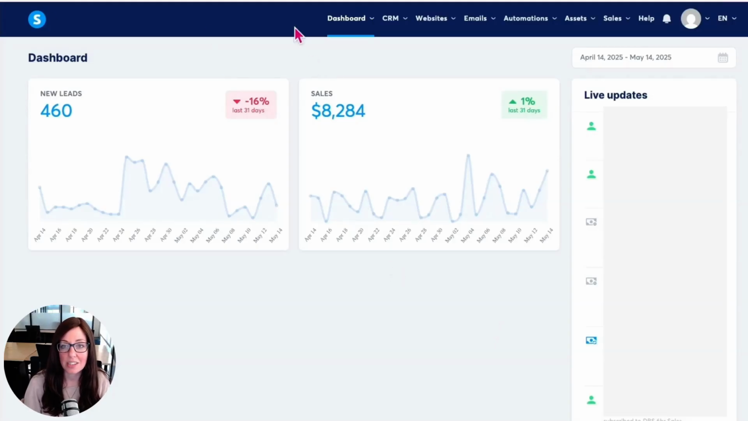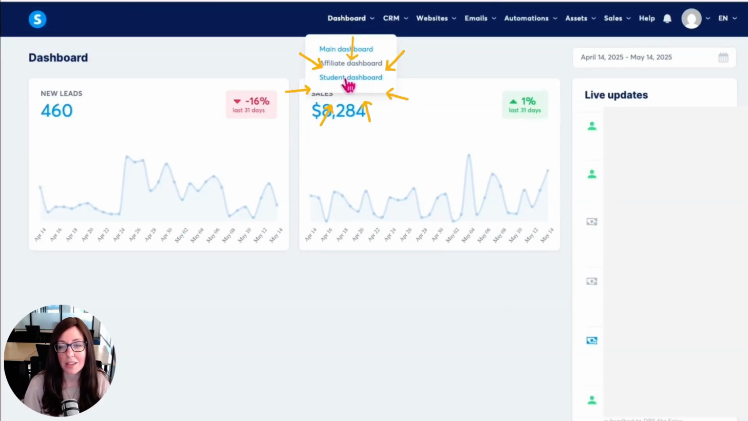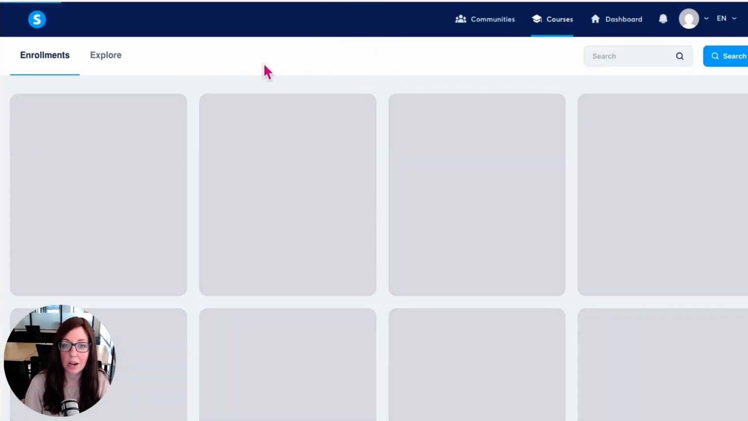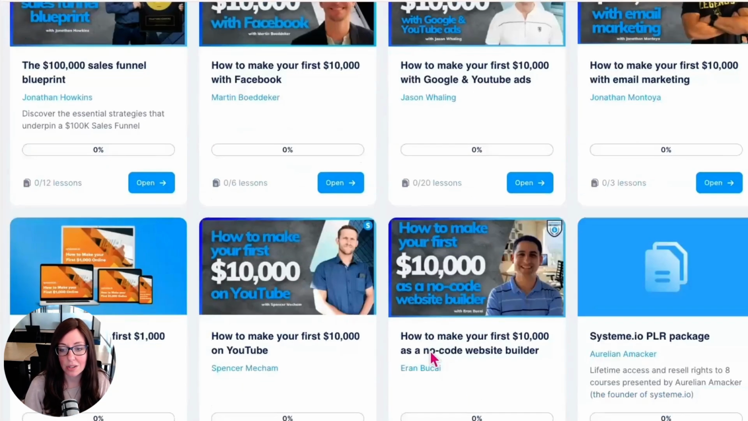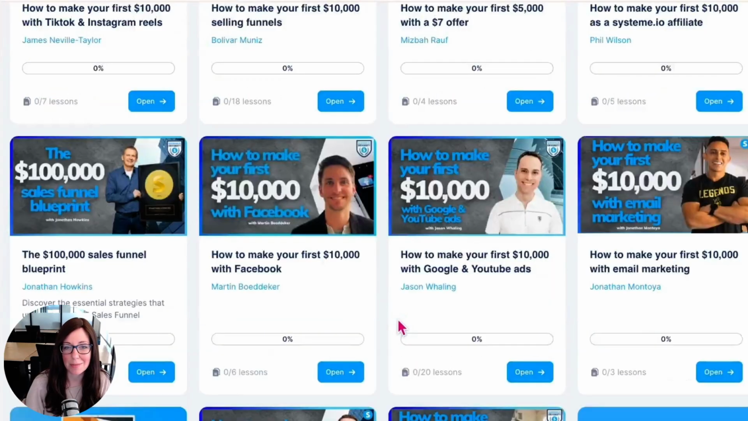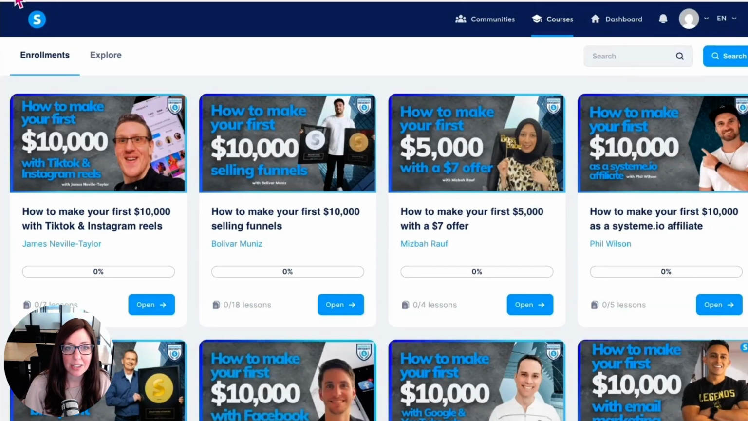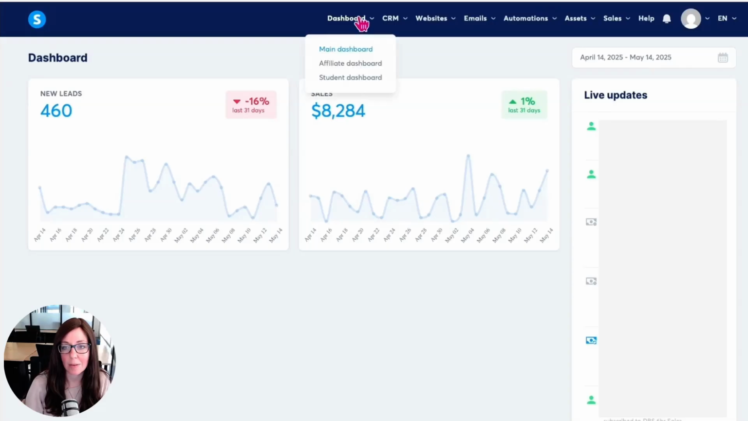Now this menu up here starts with our dashboard, and in here you're going to see 2 or 3 different things. Your main dashboard is this one right here that we're looking at, and then you're also going to see a student dashboard. Now if you are inside your System.io account, you're probably going to see a whole bunch of course offerings from the System themselves, so you can scroll through and see if any of that is something that you're interested in. But I'm going to go ahead and go back here and talk about this other one, which